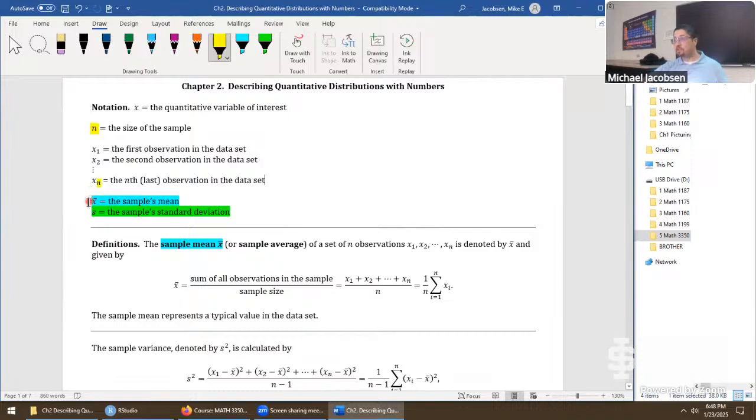So that's our sample. When we describe the sample's mean, we use x bar. Some texts use y bar, and they have very good reasons for using y bar in other textbooks. Our textbook went with x bar, so we're going to stick with that just to make the reading compatible. But if you've seen y bar used a lot, we're not doing anything different, just a change of notation. S is a little bit more standard. We'll always refer to the sample's standard deviation. And here's how we calculate these kinds of things. First, any questions, folks, on the notation?